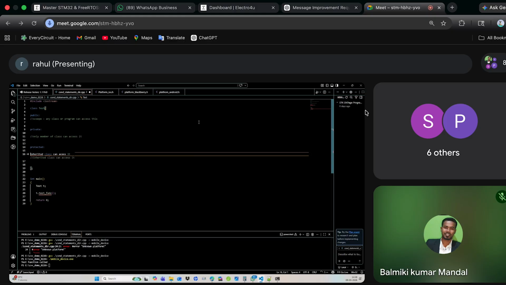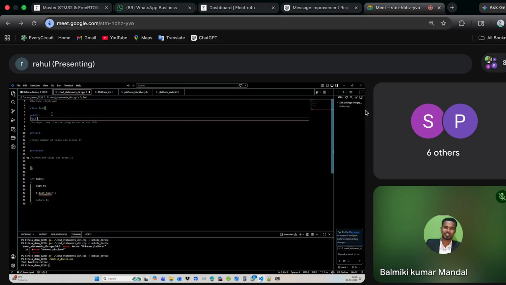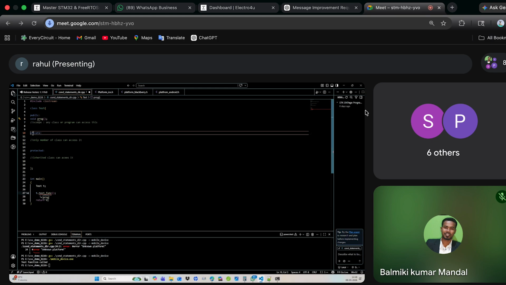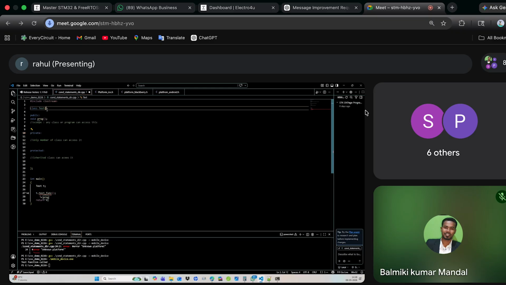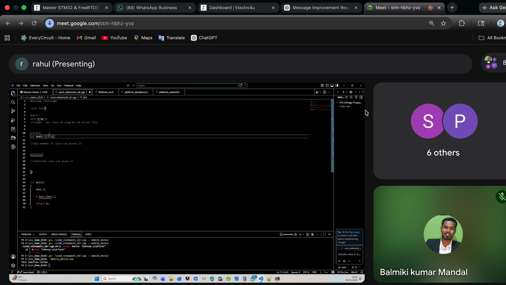So we have these three advantages here. One is public. If you keep any function as public, let's say void proc, this function acts like a structure. It's public, and in structure we had a function, right? It acts the same. It has no data privacy, no security. Any program can access this function, any structure can access this function. There are no restrictions. It's like a public Wi-Fi. Anyone can use it. But if you think of private, only the members of a class can use it. For example, let's say I have a variable called data.